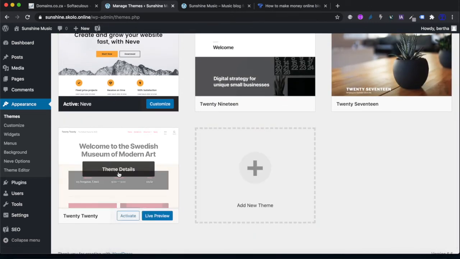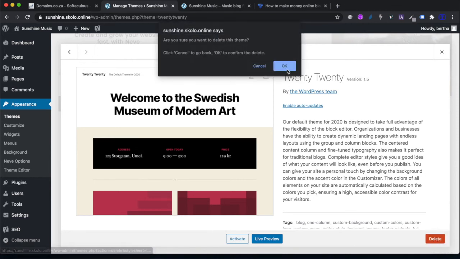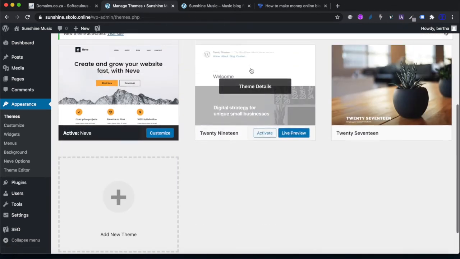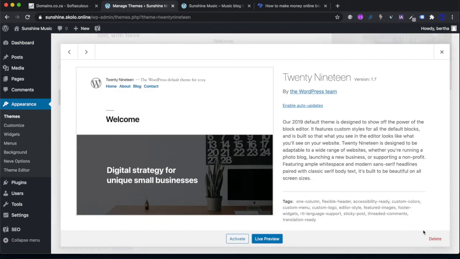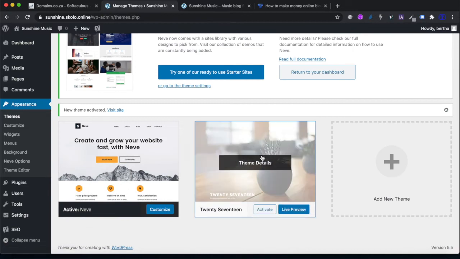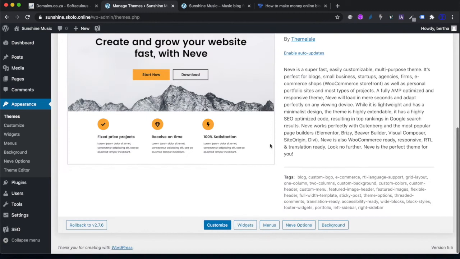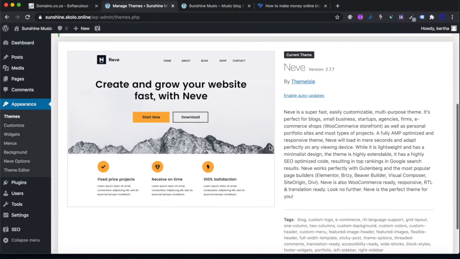So what you need to do is to click on it, and we're going to just delete it there, so that it's no longer there in our files. There's no need in keeping a theme that you're no longer using. You need the file space, and it just reduces clutter. So we're going to delete all of them, and then we're going to be left only with the Neve theme